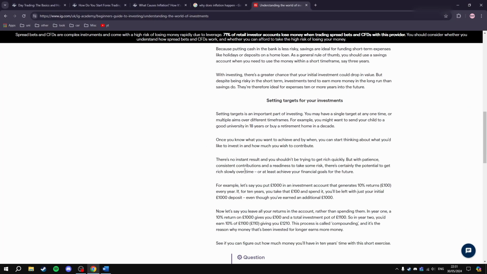Because putting cash in a bank is less risky, savings are ideal for funding short-term expenses like holidays